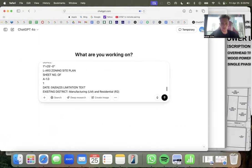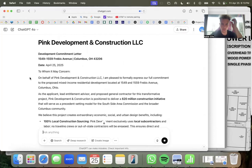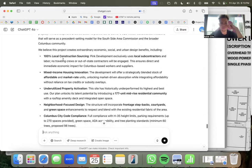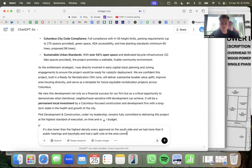And we are at this point, here's a fully polished institutional grade commitment letter. To whom it may concern, I'm pleased to formally express our commitment to the proposed project as the applicant, lead entitlement advisor. Pink Development's vision to deliver a $20 million project that will serve as a precedent for South Side, 100% local construction sourcing, mixed use, underutilized property activation, neighborhood focused design. It's also lower than the highest density ever approved on the south side, and we had more than 5 public hearings and town halls and had a split vote at the area commission, the South Side Area Commission,